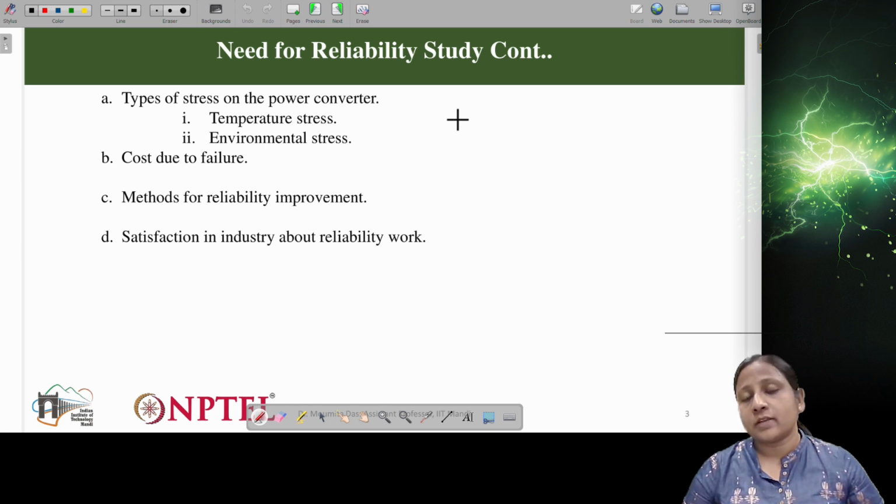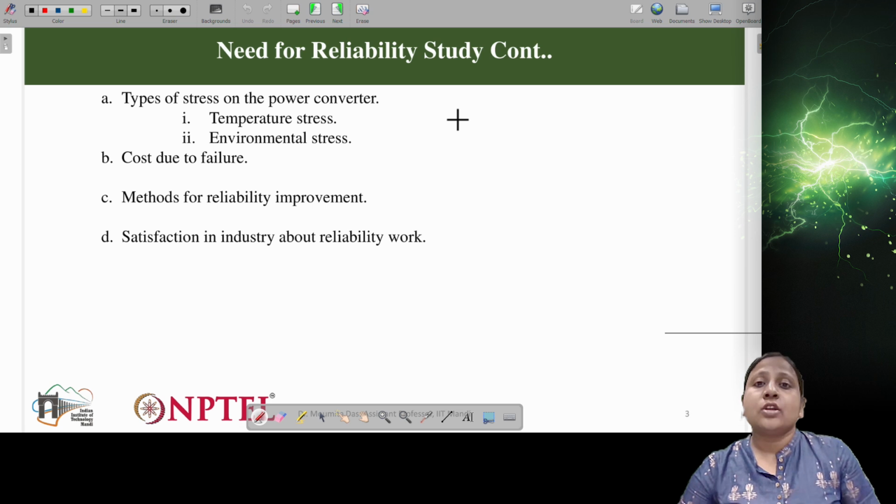Obviously there is an environmental effect in terms of temperature, but there are other effects also. If the system is placed in a steady location, only temperature needs to be considered, but in addition to temperature there can be a vibration effect also. So, if we consider electric vehicle kind of applications,